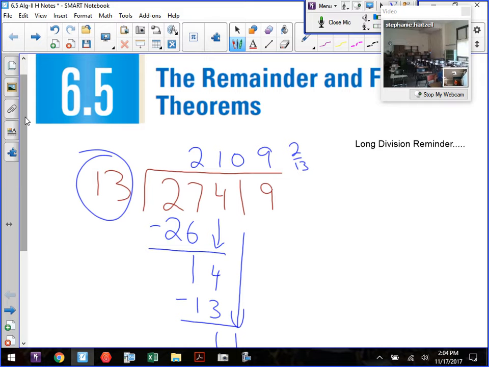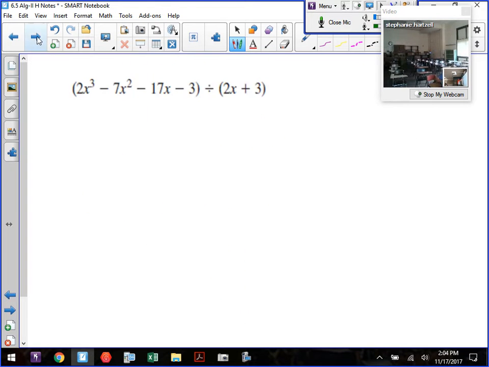The process by which we do this, asking does 13 go into 2, does 13 go into 27, and so on, does not change whatsoever when we look at it in terms of polynomials. For example,